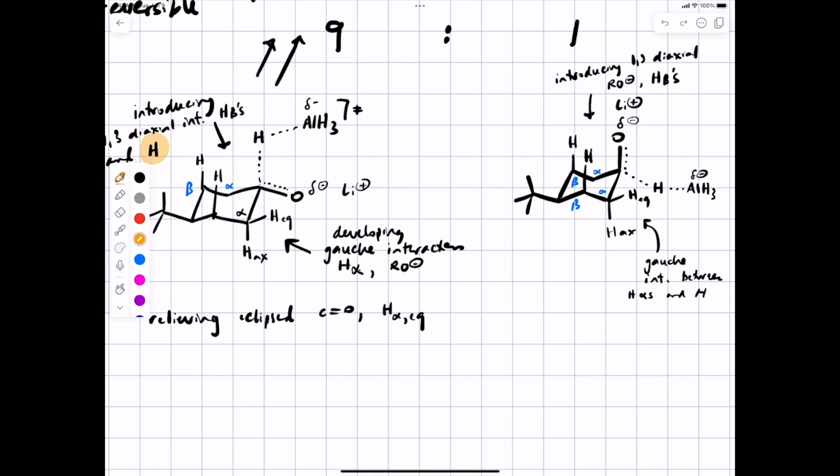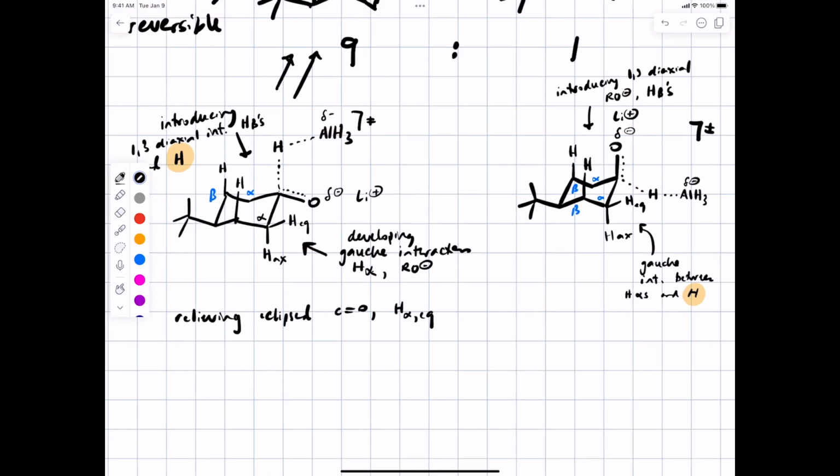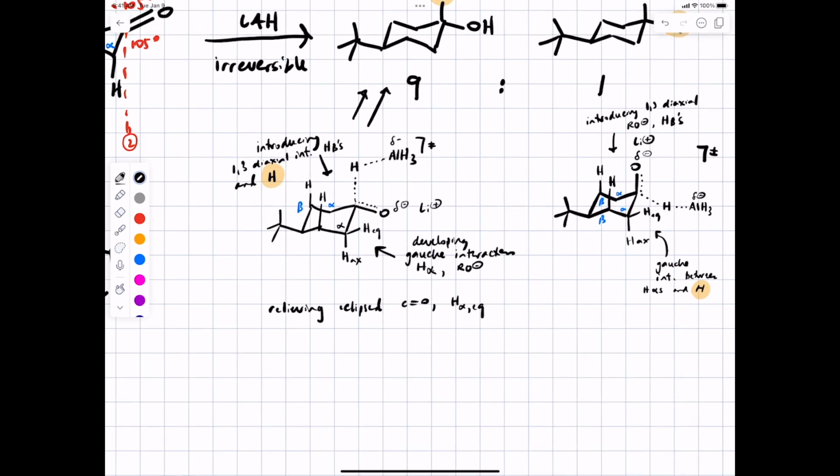Anything else going on that we haven't noted there? Any difference in the steric interactions associated with this? Yeah, well, that 1,3 direction is less favorable. Right. Okay. So the question is, comparing these two,